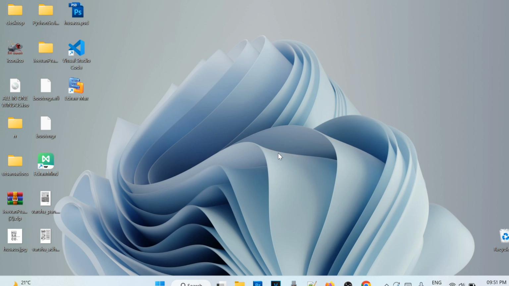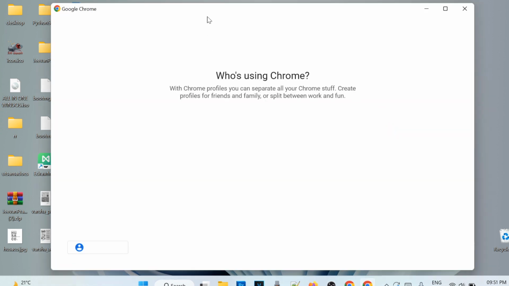So this tutorial is mostly about how we can install MySQL on any Windows. If we have any other machine like Linux or Mac, the procedure would be 90% the same. You just have one or two options here and there. The look and feel will be different, but the steps are the same. So let's start. First, we have to open Chrome and